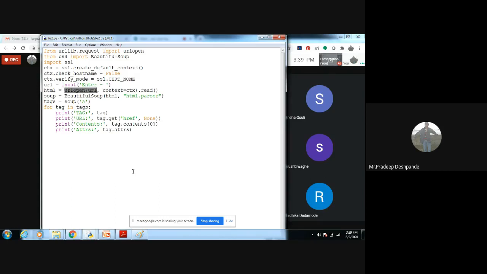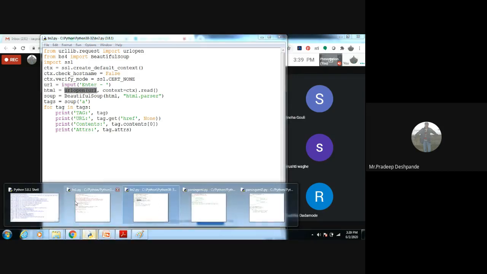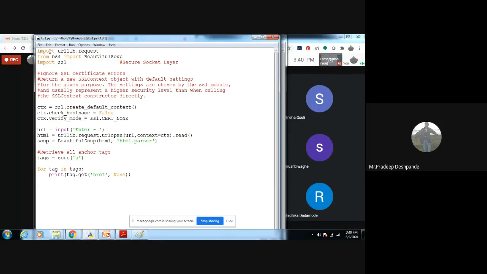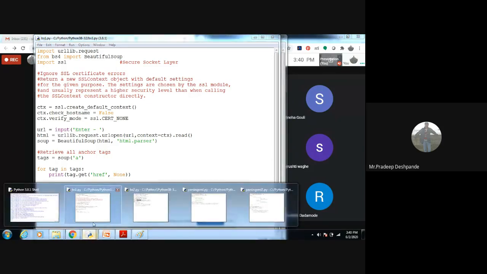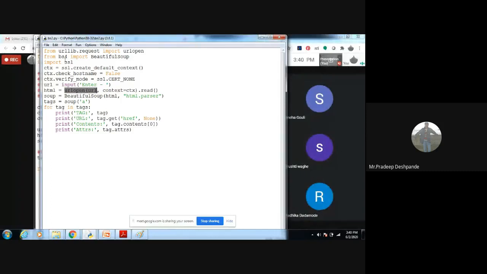But in the previous program, we just imported urllib.request, then we used the urlopen function like this: urllib.request.urlopen. Clear? So that is the difference between importing the module and importing directly. We are importing urlopen directly, which is why we have not used urllib.request.urlopen here. Fine.